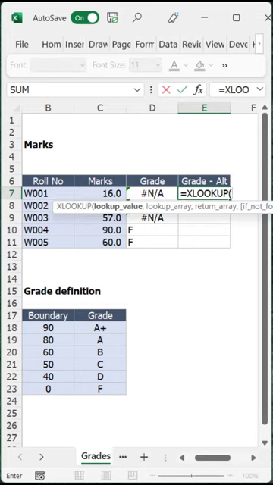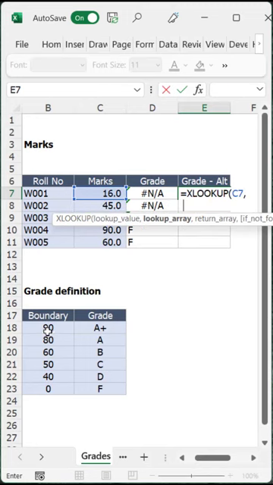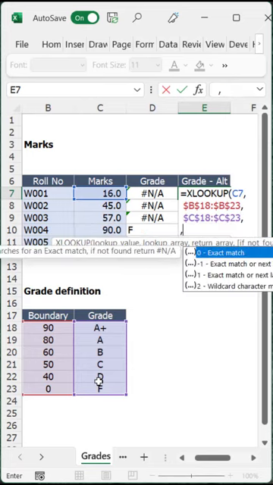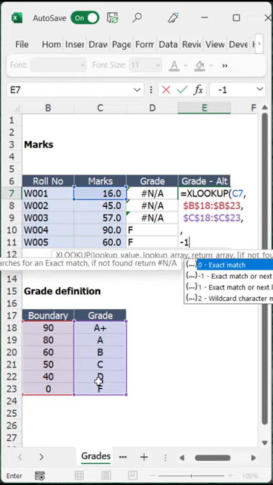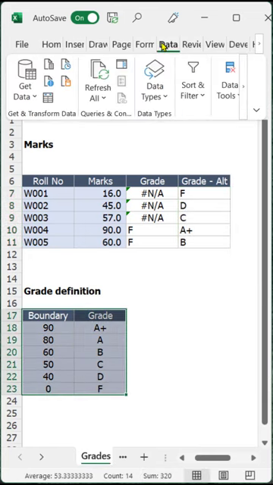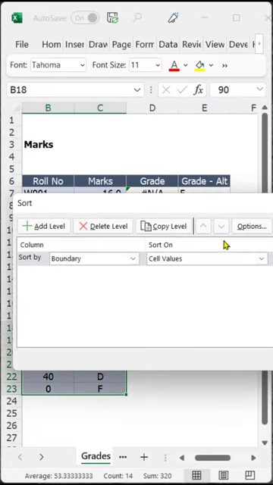So if I'm going to use XLOOKUP, I'm going to put XLOOKUP for the mark, comma. Then we're going to put the lookup array as the boundary conditions, comma. The result is going to be the grade. XLOOKUP always looks up for the exact match. If you want to look for approximate match, we have to add a fifth argument. So I already have 3 arguments. I'm going to leave the fourth argument blank, and in the fifth argument I'm going to put it as -1. That is exact match or next smaller item. And I'll close the bracket, and you notice that I get the grades irrespective of whether my data is in ascending order or descending order, or even if it is in some jumbled order. XLOOKUP can give the answer for us.